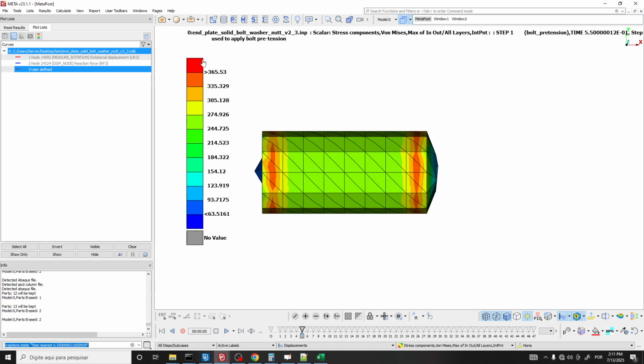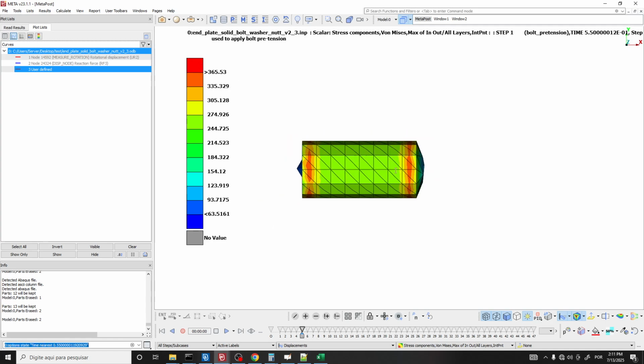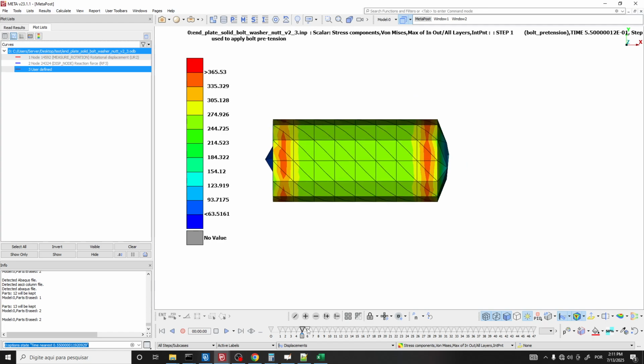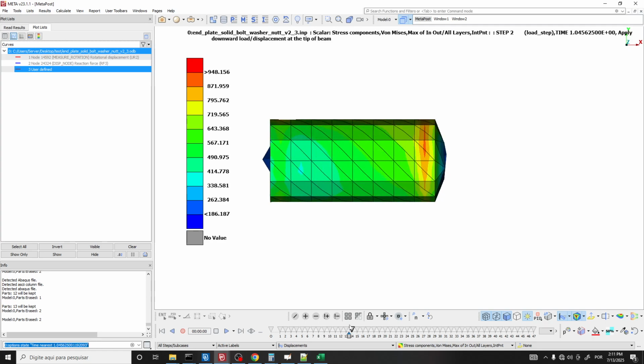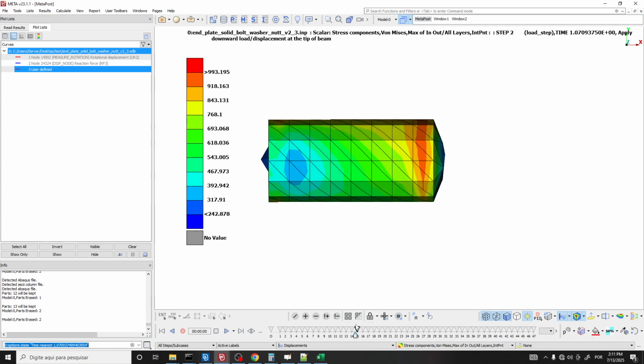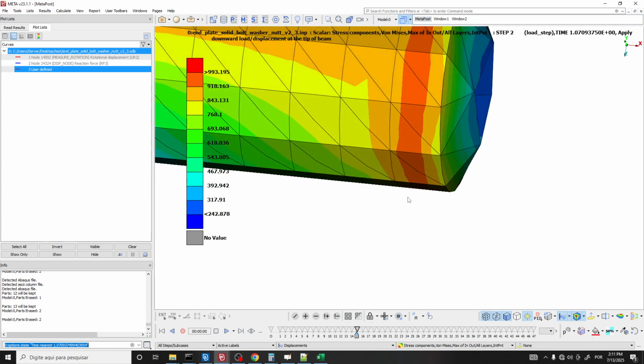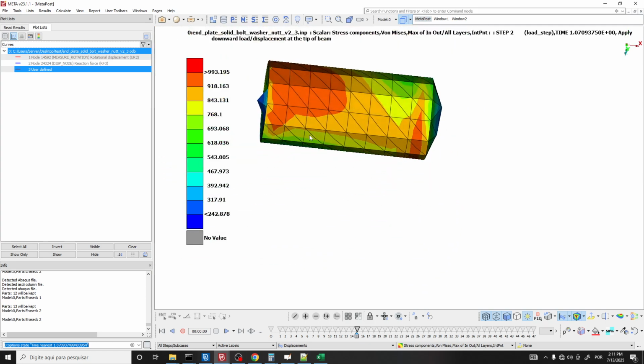So let's analyze the maximum stress that we have occurring here. Let's suppose that we establish a limit of 990, which is the yield strength. So let's continue. And then you see that in this increment, we have this region here and this region here